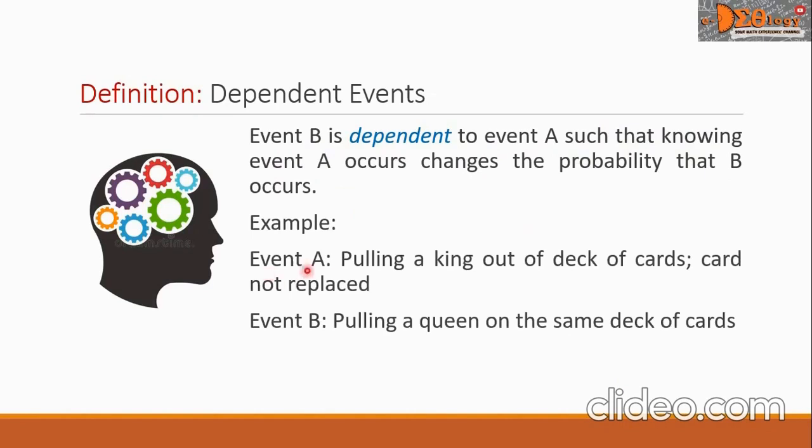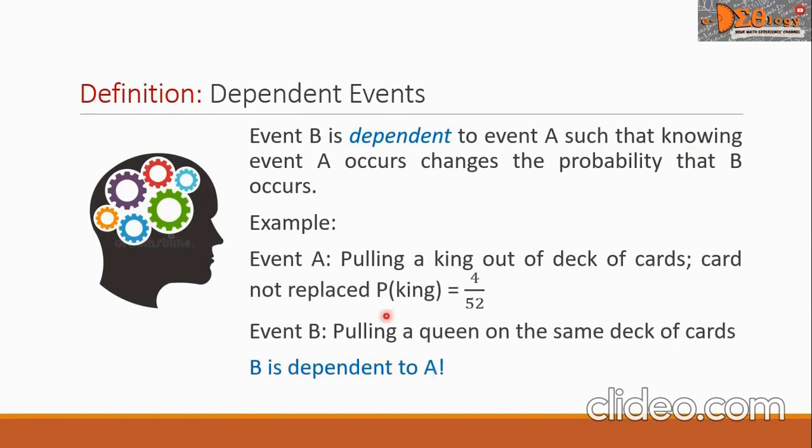Event A is pulling a king out of a deck of cards and the card is not replaced. Event B, pulling a queen from the same deck of cards. We say that B is dependent to A